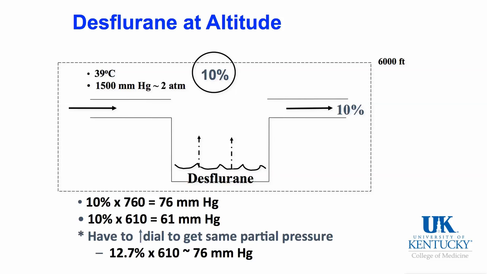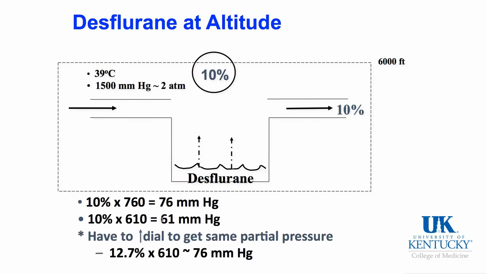Let's say we set a desflurane vaporizer to 10%. It will deliver 10% because it's in its little closed environment, not affected by the reduced atmospheric pressure at 6,000 feet elevation. Well, 10% at 1 atmosphere, or sea level, is 76 millimeters of mercury in partial pressure. 10% at 6,000 feet, where the atmospheric pressure is only 610,